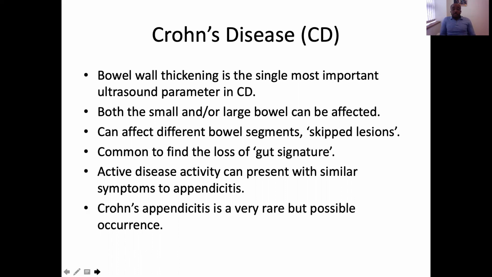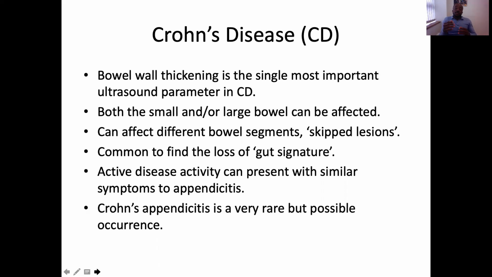In Crohn's disease, both the small and or the large bowel can be affected, and it can also affect different segments of the bowel. It's called skip lesions because you tend to have bowel thickening, no bowel thickening, bowel thickening, no bowel thickening. So it tends to be a bit skipped when it's a case of chronic disease. You commonly have loss of gut signature. You tend to have mesenteric edema, mesenteric fat wrapping around the abnormal bowel. You tend to have increased